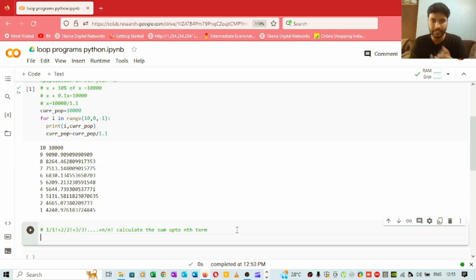So how to proceed? So first I'll write it in an easy way. I'll write it before writing the complex program. You should convert these complex programs into a smaller program, like a basic program, and then you can think of that program as a bigger program. So what I'm trying to say here is, I'll just show you guys only. First we will take a number equals to int input. We will ask the input from the user to enter the number,